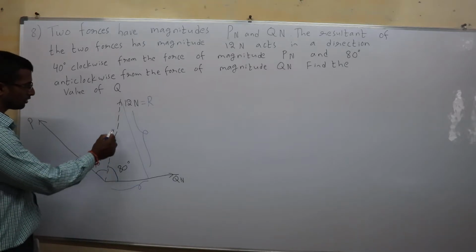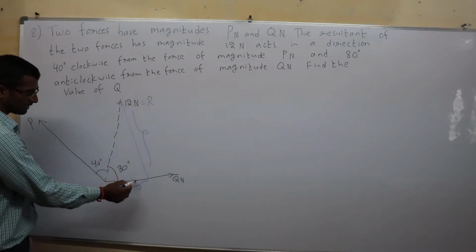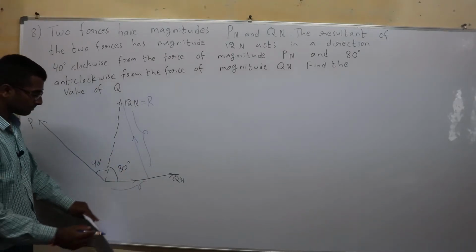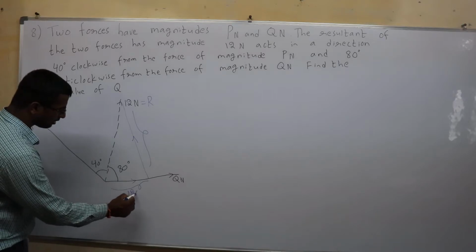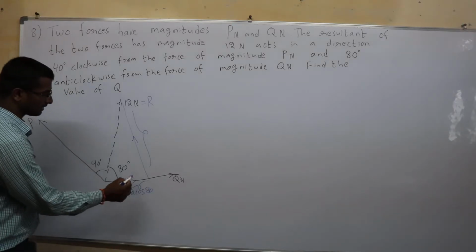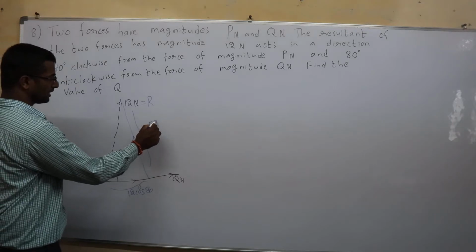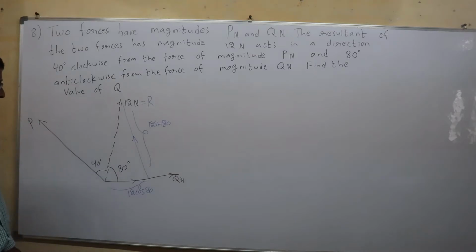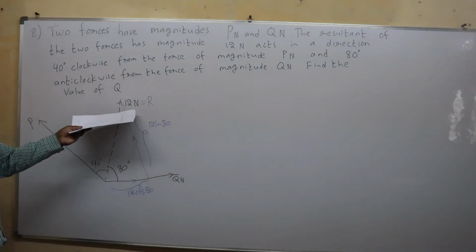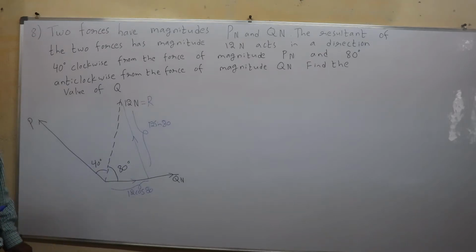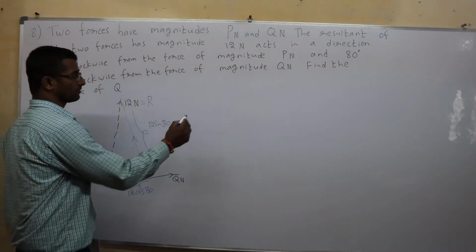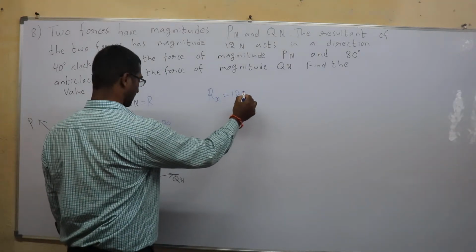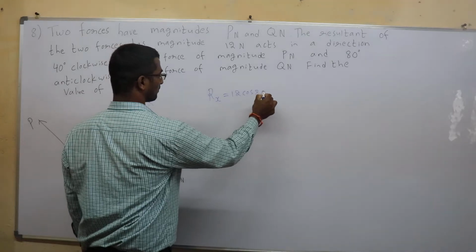Now instead of walking from here to here, you could have walked in this way till here and moved up. Now how much will this become? It becomes 12 cos 80 since it is adjacent. And how much will this become? 12 sin 80, since it is opposite. Since this is the resultant, the component of that resultant will be your Rx, which is 12 cos 80.